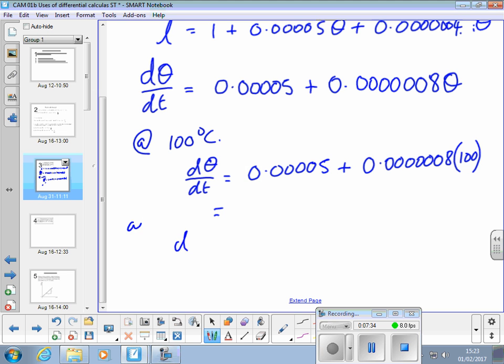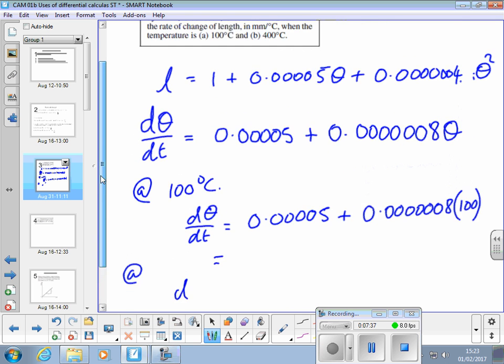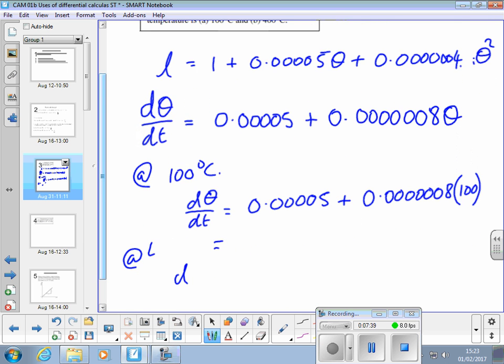And at 400 degrees C, the rate of change is equal to